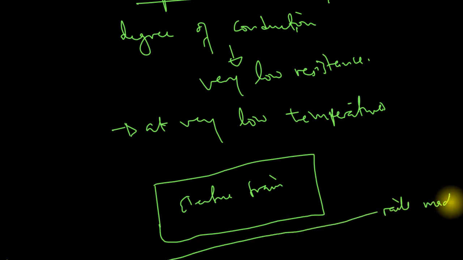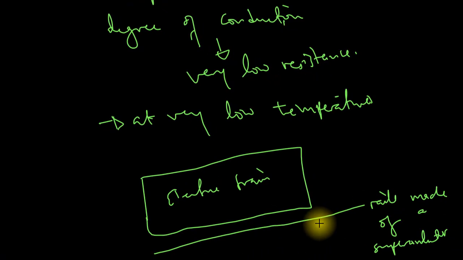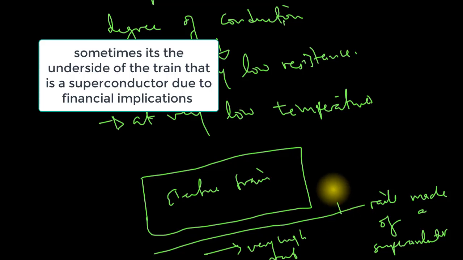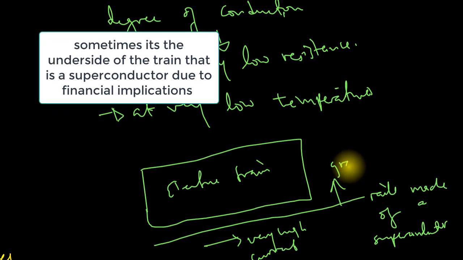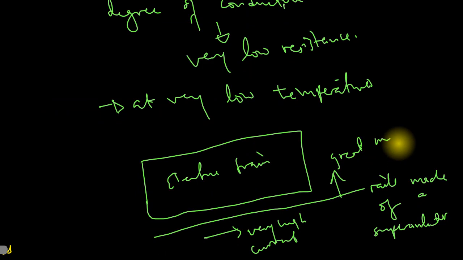These rails have to be made of a superconductor. Because of this superconduction, you have very high current going through the rails. That means you have a great magnetic force, a great magnetic force that can lift the train up. Okay,